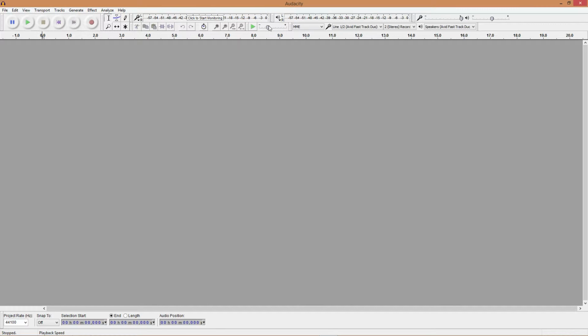These are your monitors, so you can monitor what is being played and what's coming in. So these are excellent for monitoring your audio levels, the audio levels coming in